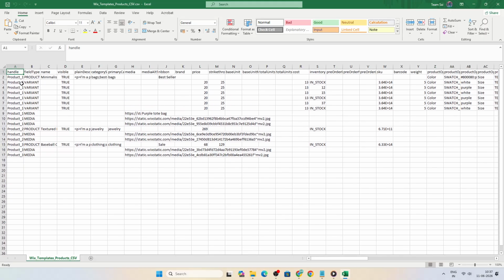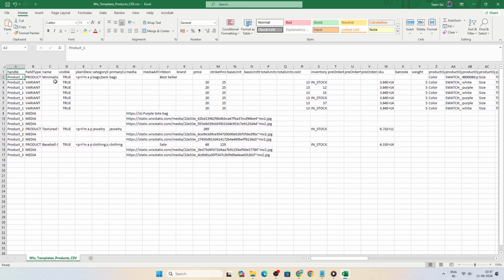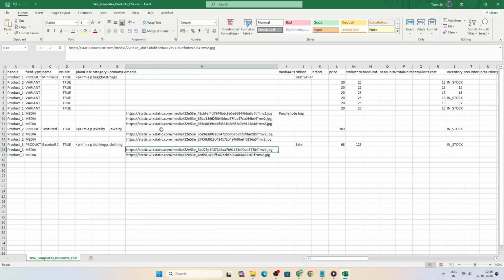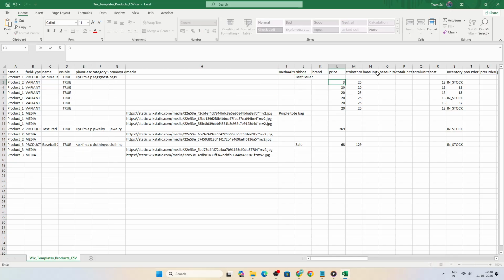Now update the spreadsheet with your product details. Make sure to fill in the field type and the product name. Under the Media section, add your media URL so Wix knows which product image or media file belongs to each item. Then update the price, the strike-through price, if you want to show a discounted comparison price, and the base unit if that applies to your products. You should also add the SKU for each item so your inventory can be tracked more easily and